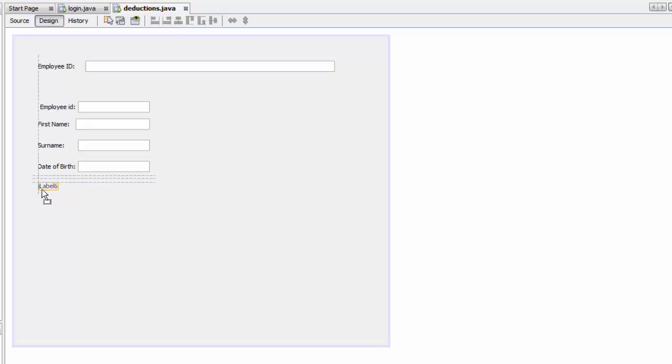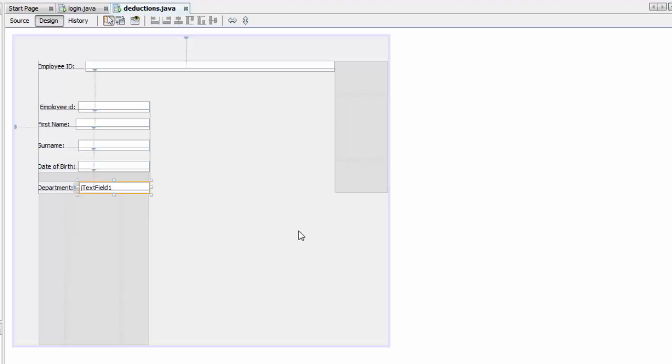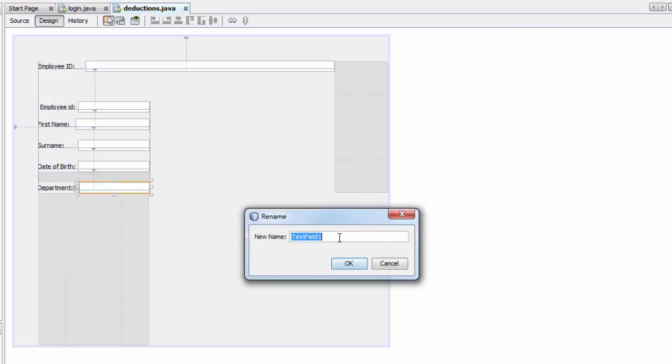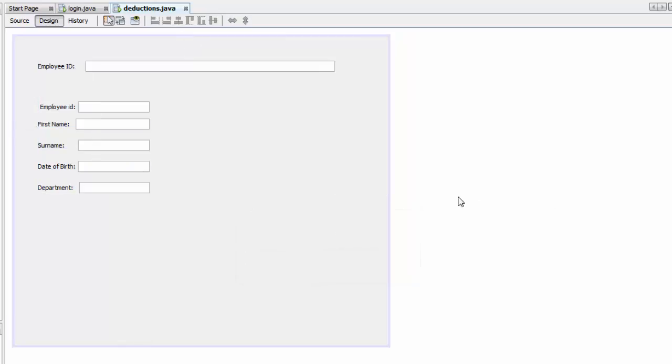And here you're going to say department, and you're going to have a text field here as well, just like that. Delete everything inside, change the variable to txtDEP, just short for department. And you're going to have a label here as well, and we're going to name it designation. Text field here, say 24, and you're going to rename it to